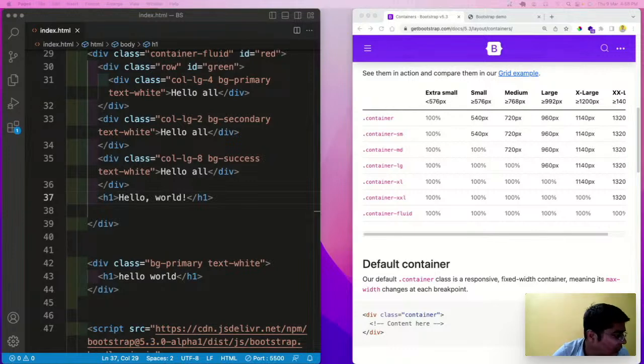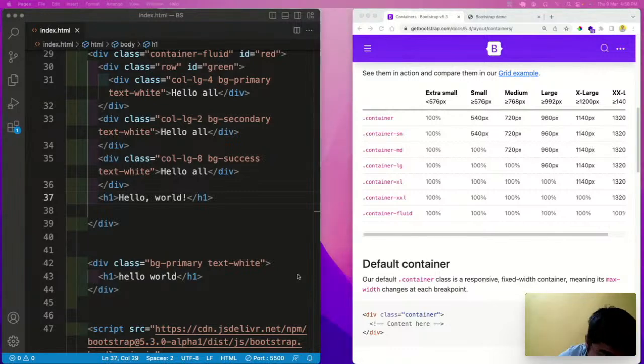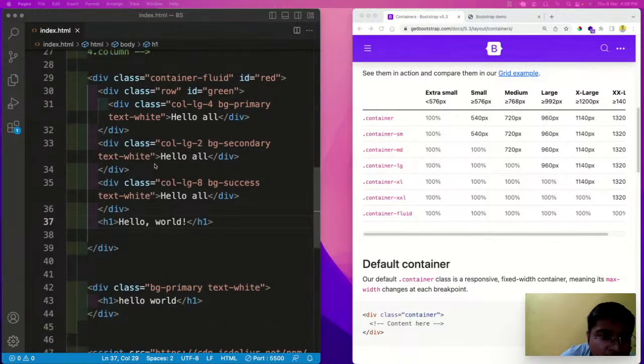Now, if you want to change the setting, we can do that also. What we have done is given this to large screen devices, but it is not possible for this. So if I want my content to look different on different kinds of devices, I can do that also. For this, I need to use different breakpoints here. So in this particular case, I use col-lg-4,